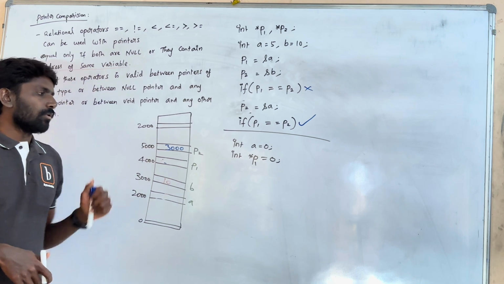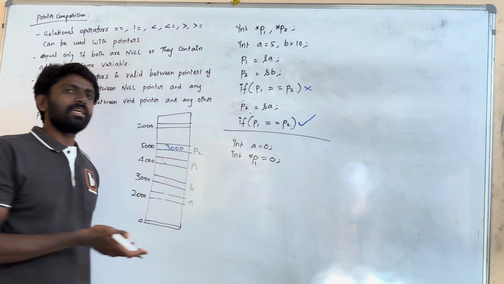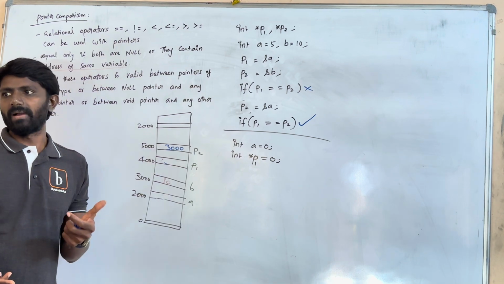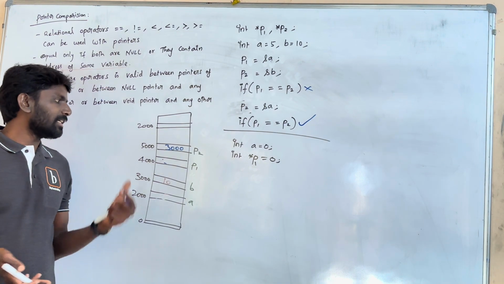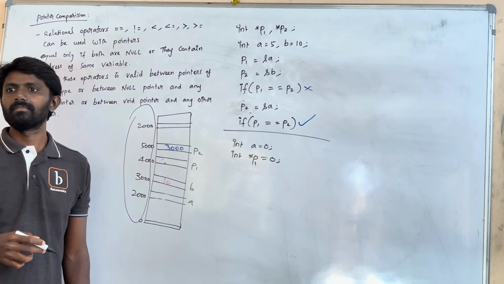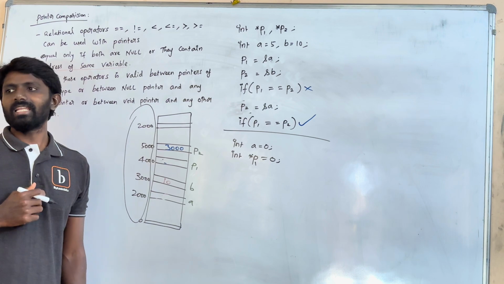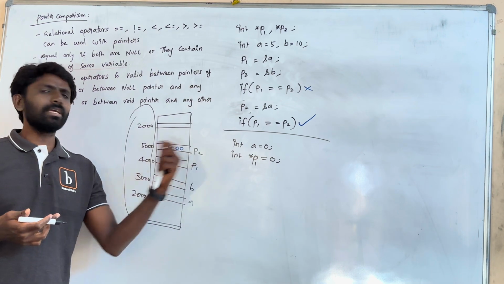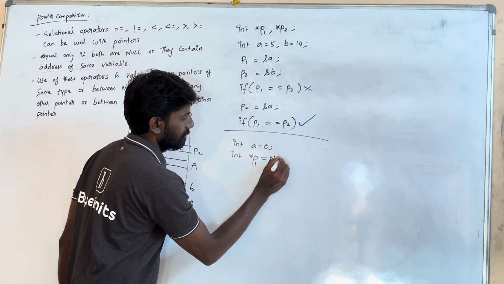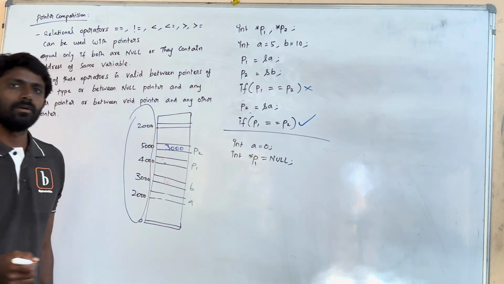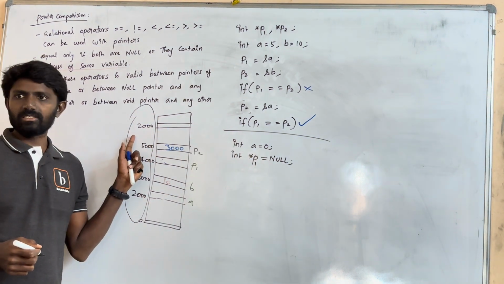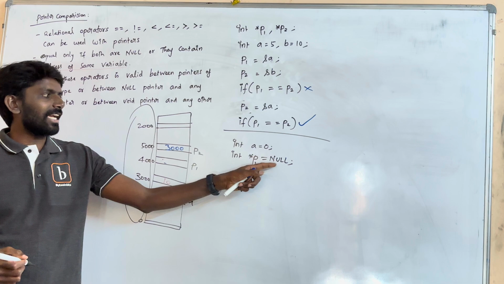Okay. So then Dennis Ritchie came up with one more pointer, that is the null pointer. The null pointer is not pointing to any valid memory location of your RAM. So in what scenario can I use the null pointer? Now you can use the null pointer here. Hope everybody is clear. Null is not pointing to any valid memory location of your RAM, but null can be used